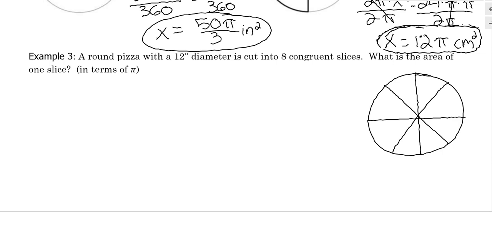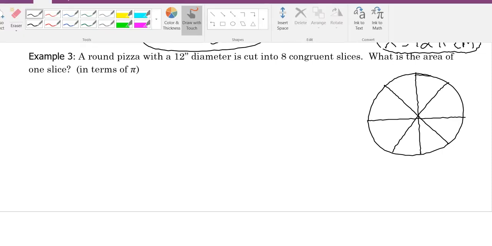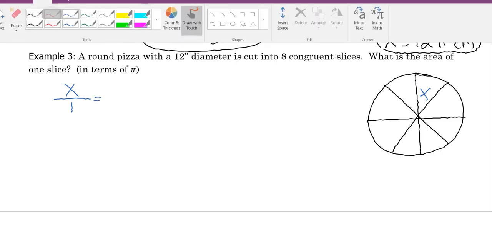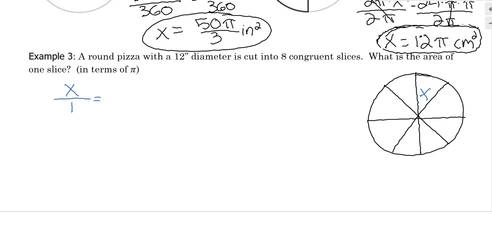I want to know what the area of one slice is. Okay? So I don't know angles here, but I can still set up a proportion. So the area of one slice is going to equal the total area of the circle